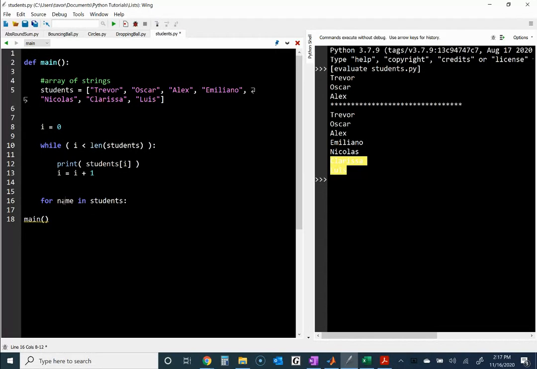What is interesting here is that the variable name is going to be everything in students. Now, we have these elements in students, so name is going to be every one of these values. It's going to be Trevor, Oscar, Alex, Emiliano, all of them. Obviously, it's not going to be all of them at once. We're looping. So if I do here print name,